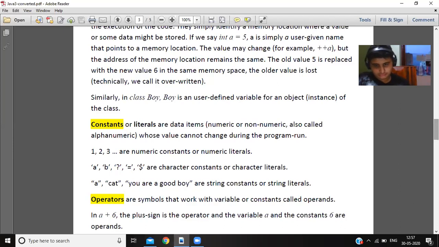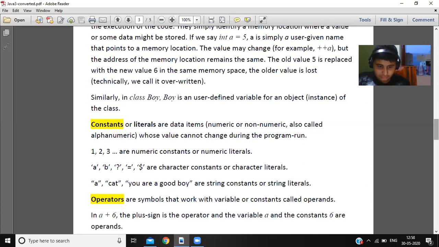Then everything in single quote can be an alphabet, it can be a symbol, question mark, equal to sign, dollar sign, comma. All these are character constants or character literals. Then something in double quote can be a single letter, a word, or a full sentence. These are string constants or string literals. The numeric constants are numbers.